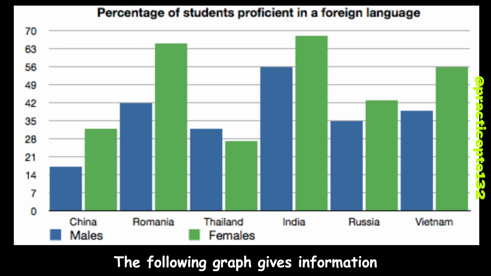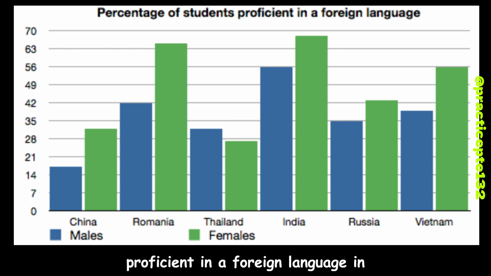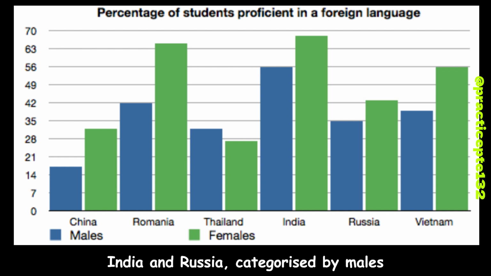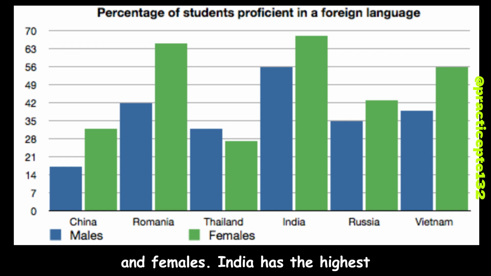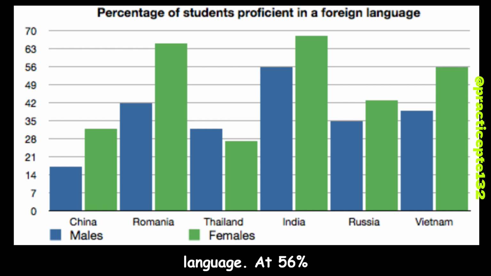The following graph gives information about the percentage of students proficient in a foreign language in different countries, including China, India, and Russia, categorized by males and females. India has the highest percentage of both male and female students proficient in a foreign language, at 56% and 69%